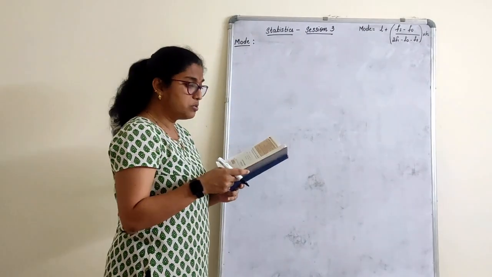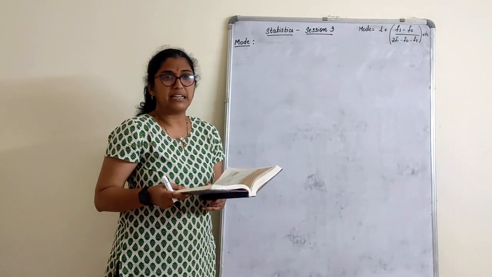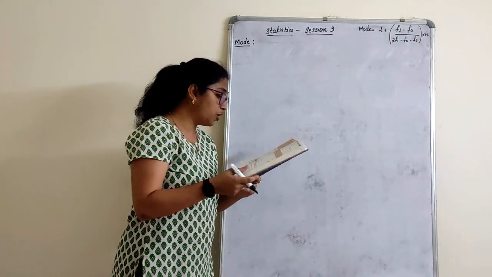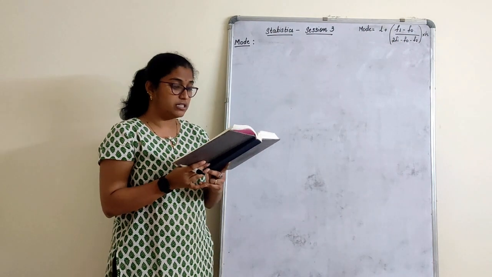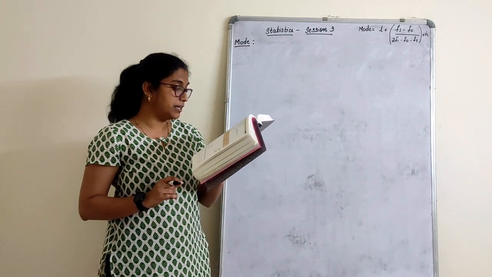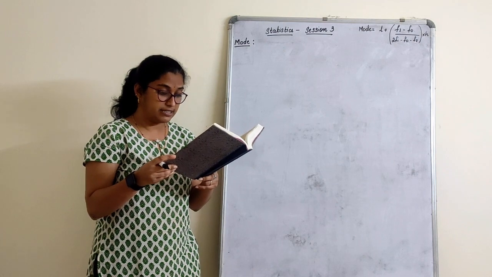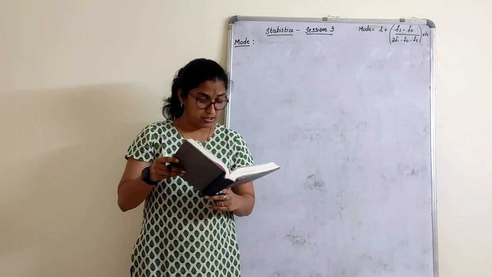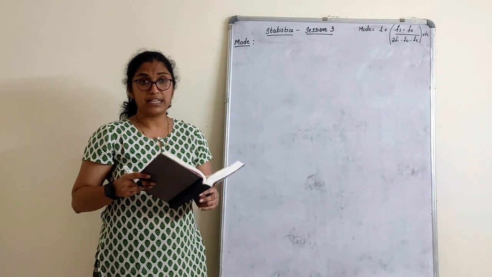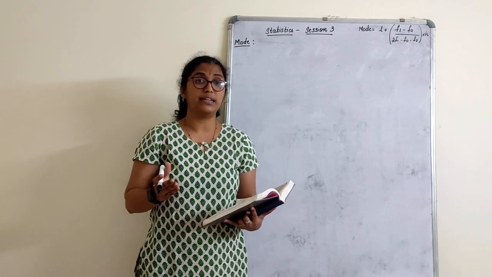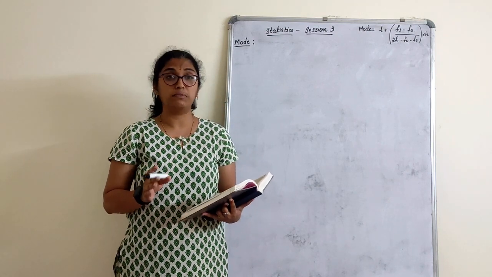We'll only solve two sums here. Why? Because the remaining sums you can do. It is very simple. The question says that the following table shows the ages of the patients admitted in a hospital during a year. Find the mode and mean of the following data. Compare and interpret the two measures of central tendency. So, see, comparing part I will not do it here because again you have to find the mean. For example, at the end I will tell you. We will solve this only for mode. It's up to your interest, children, if you want to find it for mean also.